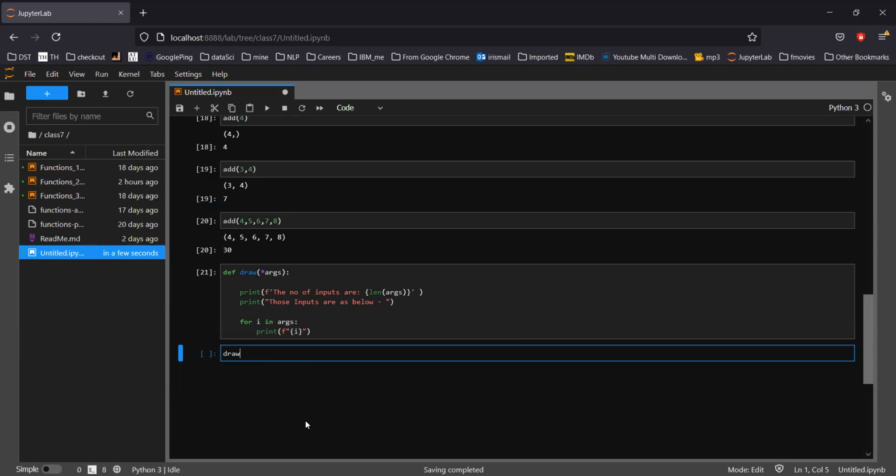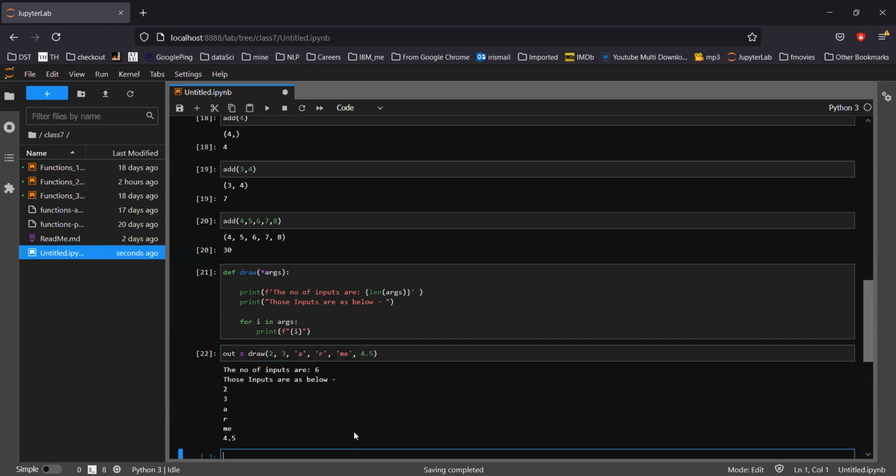I'm going to use draw, that is the function name, remember. And remember this is not returning anything. I did not write a return. If I'm not going to write a return statement, Python treats it as you are returning None, and we're going to see that. So let me put it out like out equal to draw, and I'm going to pass some inputs.